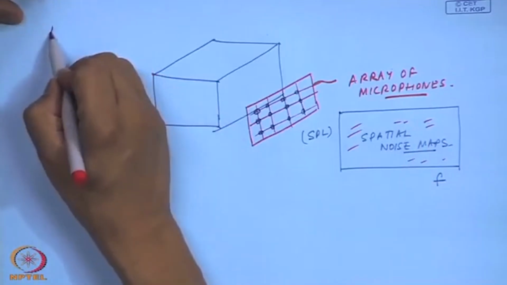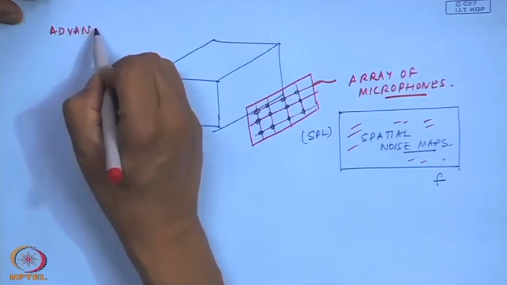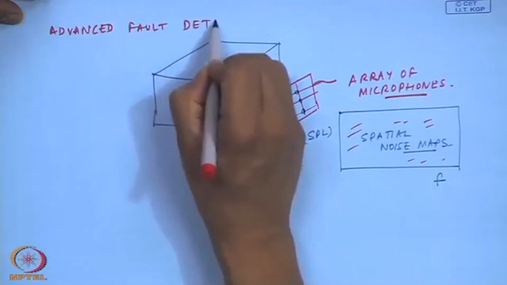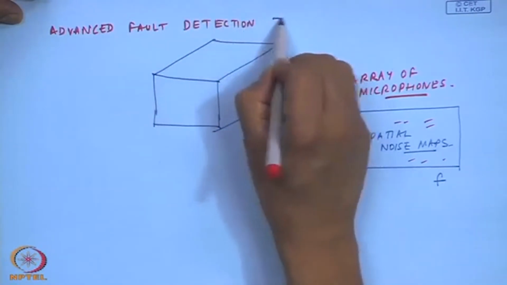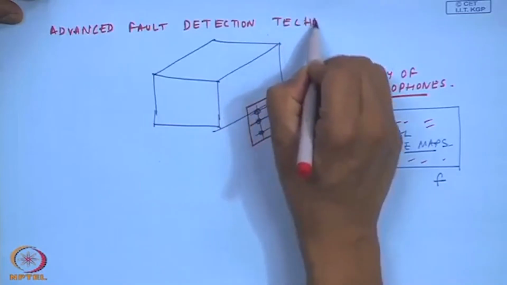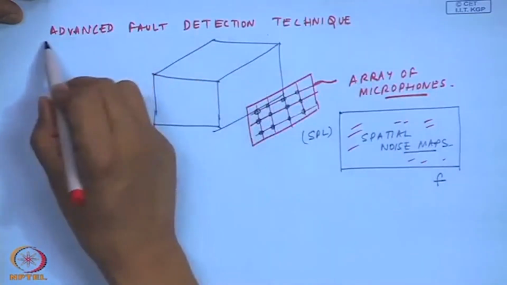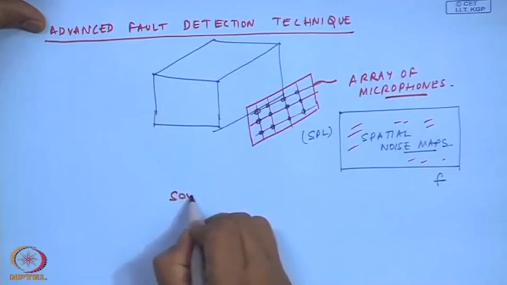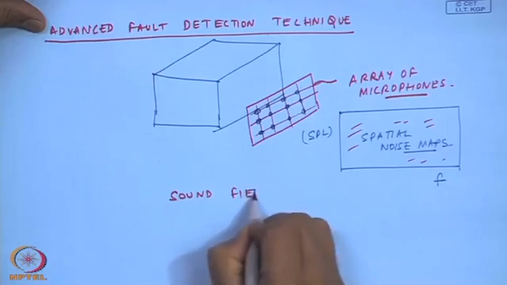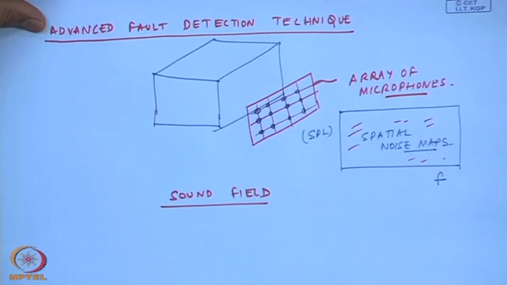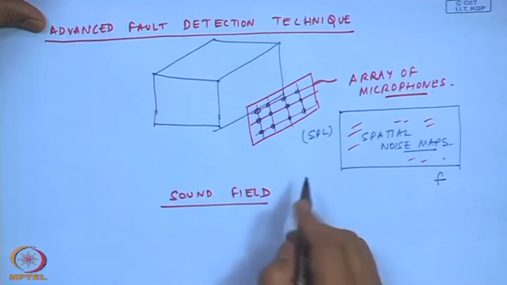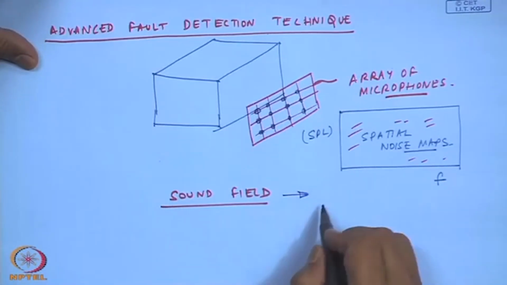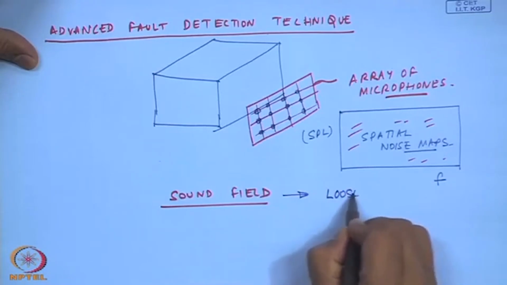And this is an advanced fault detection technique, which is being used to know from the sound field what is the noise which is getting generated. Okay. And we can then detect looseness